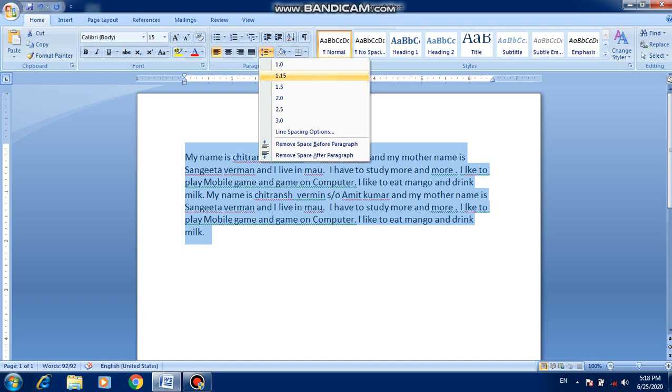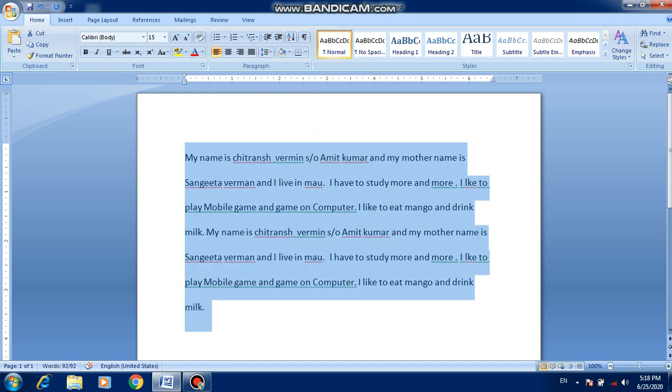Select here, like 1.5, 2 lines, just select 2 point. Look now, here in the example, the line spacing between two lines has become more. So this is your line spacing option.